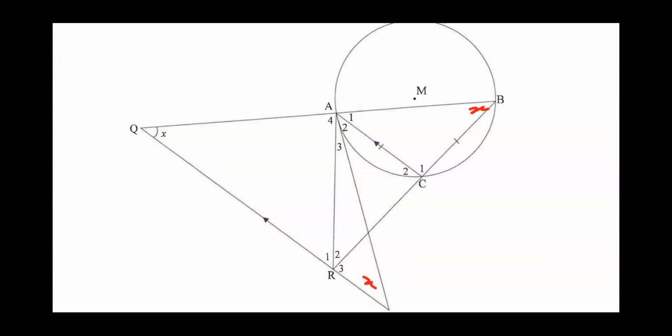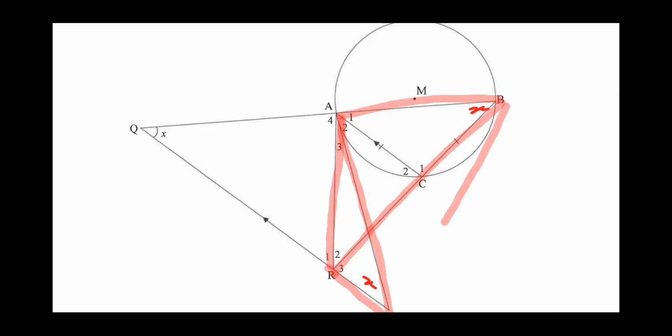The next question says, prove that ABPR is a cyclic chord. So this shape that I've highlighted now, prove that that is a cyclic chord. Now, a cyclic chord doesn't have to connect. I don't need to connect AR and BP to make it a cyclic chord. I can just leave it as an open cyclic chord like this, but then I just need to prove that